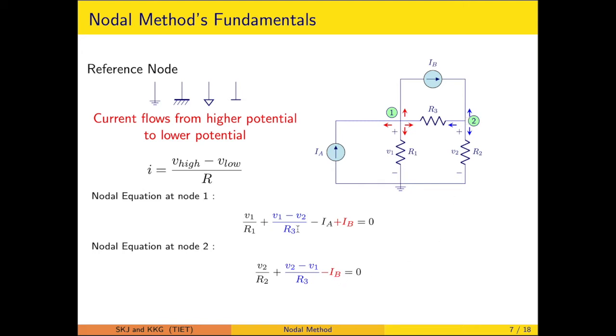Now please be mindful here. Here it is V1 minus V2 upon R3, and in the other equation V2 minus V1 upon R3. Depending on the actual numerical value, the current will be flowing in one direction, and the other will automatically be taken as opposite to that. So there should not be any confusion. Here the current is outward, so it comes out with a positive sign. In the case of the second, IB comes out as inward, which is opposite to the reference of the outward current, so it participates with the negative sign. I believe there should not be any confusion in writing the equation at a node.